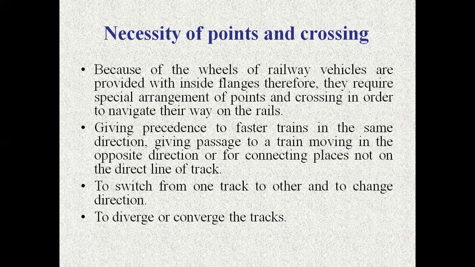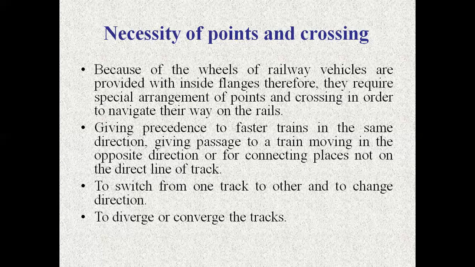These portions play a major role in the laying of a track. Also, if there is a major city surrounding these two villages or two cities, the train route will join and pass through the city that has developed and reach the destination. So if a major city has to be connected between two junctions, between two points of the track, there has to be a point and a crossing; turnouts have to be placed from this point of view.